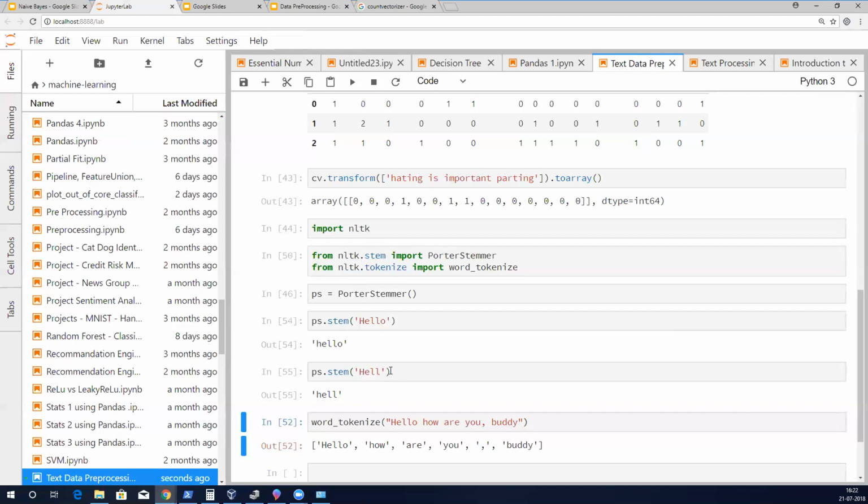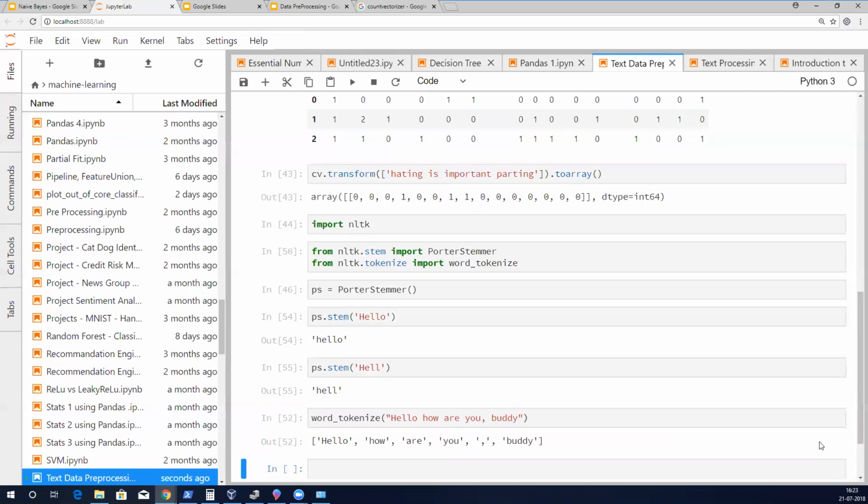So these three things we'll do now. But again, there are more things you can do. I'm just doing these three or four things. So internally it is first converting into a list, then taking a for loop, stemming each word, and then converting them back into a sentence. The reason I'm showing this is that we'll do this very often.